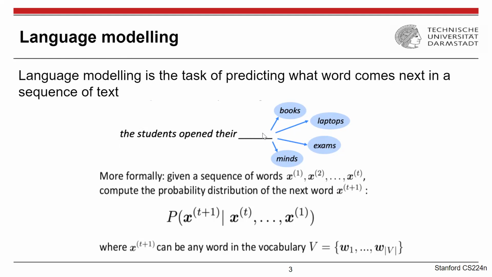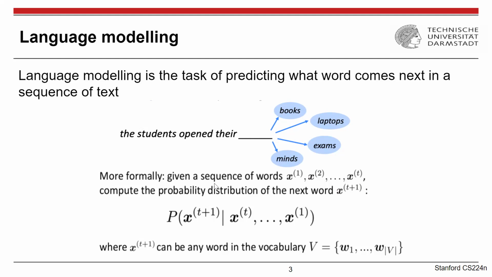So these are the probable words that can come after this series of words. But probably some word like, let's say, Darmstadt is not likely after this series of words. So these are the most probable words, and this is computed out of all the words that can come. So the number of words is your entire vocabulary. So now you are trying to find out among all the words in your vocabulary, what is the most likely word that can come after this series of words.